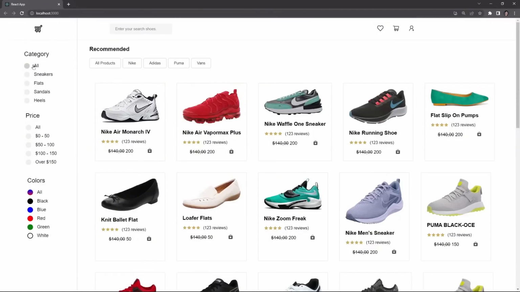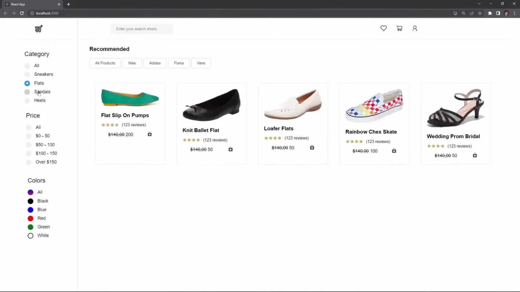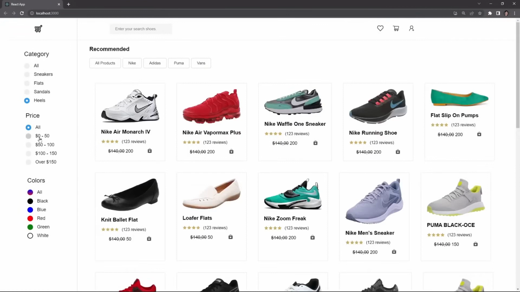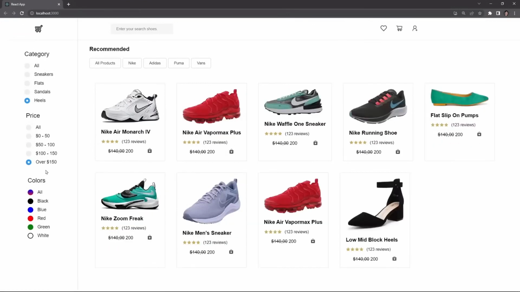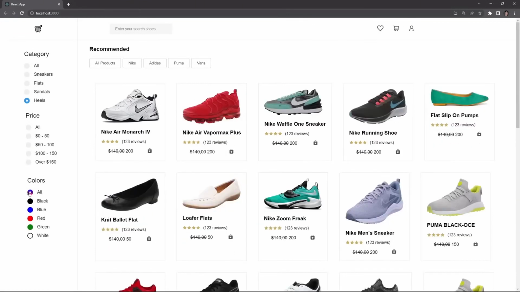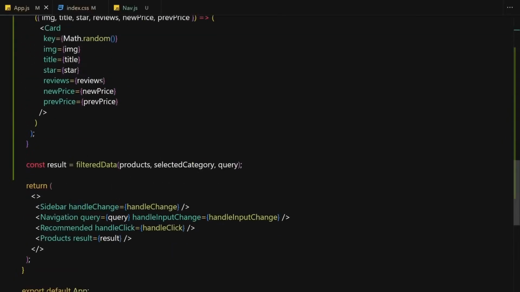Anyways, I'm going to just click on all of the products. It will give us all of the products. If you click on the sneakers, and then we have flats, sandals, heels, I'm going to click on 0, 50, 100, and over 100. I'm going to click on this one, but I just figured out one more bug, and that is occurring right